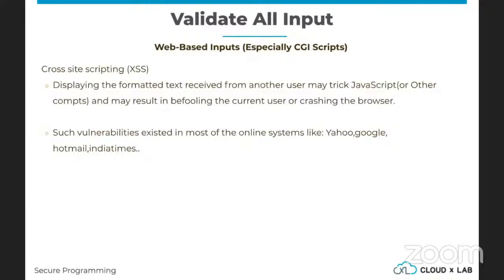Cross-site scripting is there in almost every web application. If you are entering HTML and you can also enter JavaScript, and I show it to other users and your JavaScript gets executed there, that's cross-site scripting.